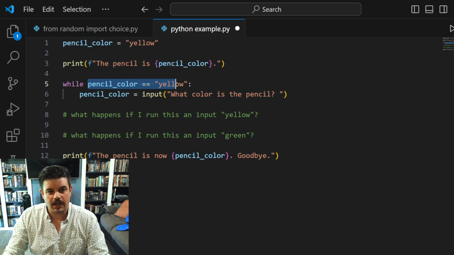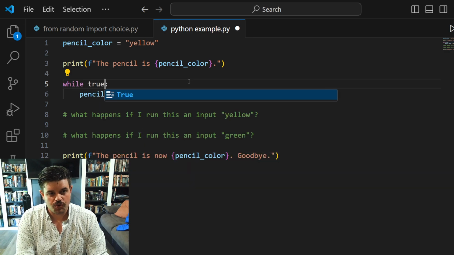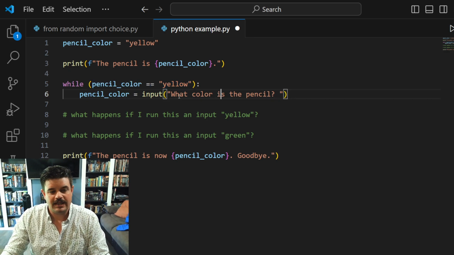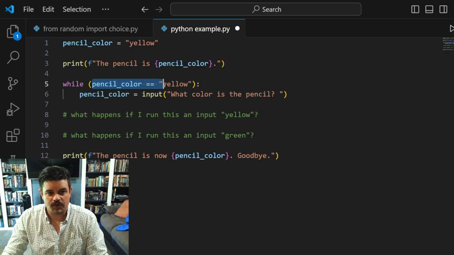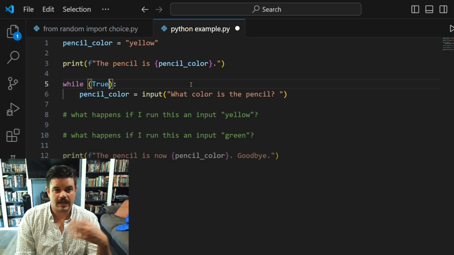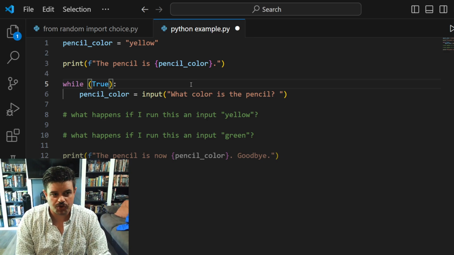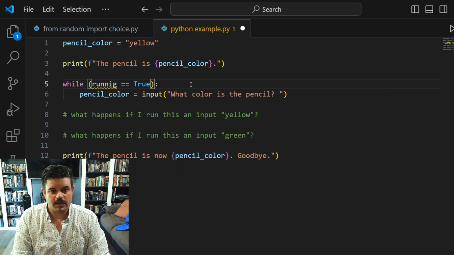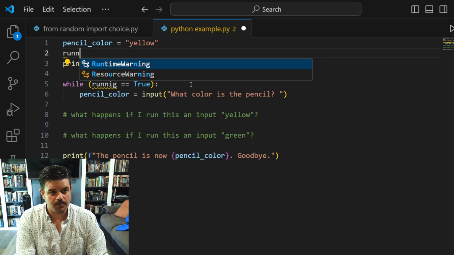So you're really looking at while true or while false. Whatever is inside these invisible parentheses needs to evaluate to true or false. And that's actually pretty common with running software or running a game loop, is having something like while true or while running is exactly equal to true, where we'd have a running bool up here